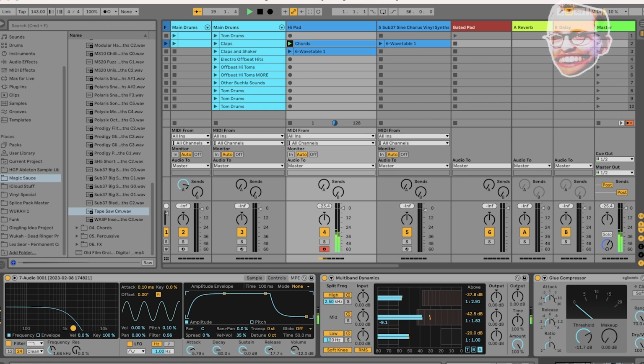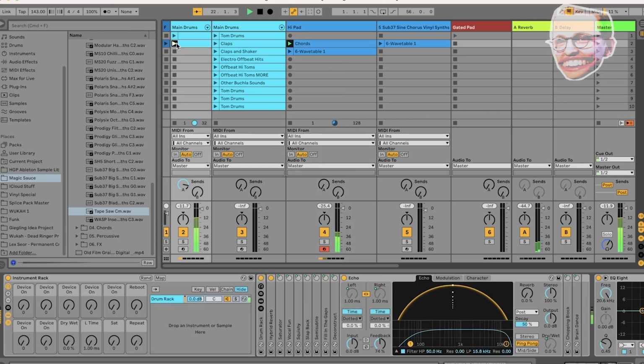So you can also open up the filter gradually to allow the highs to come through. And with the drums,